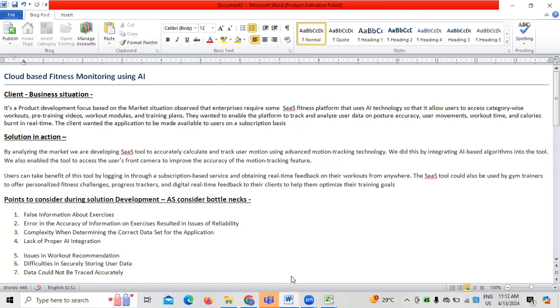So developing AI technology is something which any user wants, because this allows users to access category-wise workouts and, at the same time, to watch the pre-training videos, right? Working out the modules, training plans, all these things come under this category. So at the same time, whenever